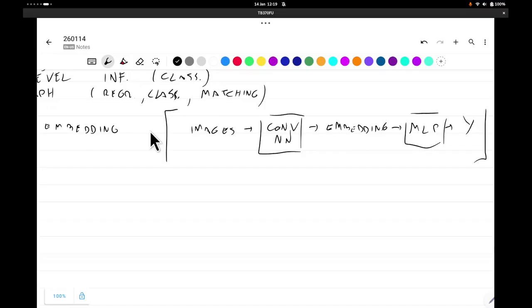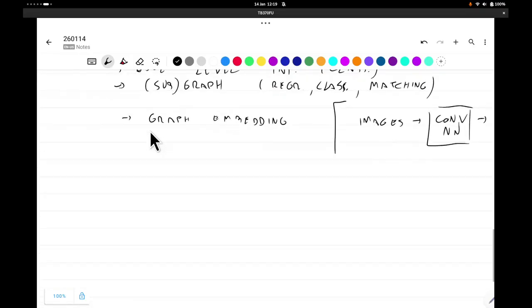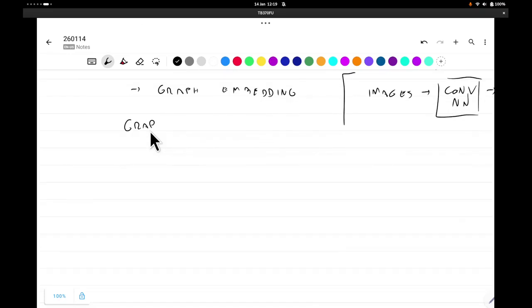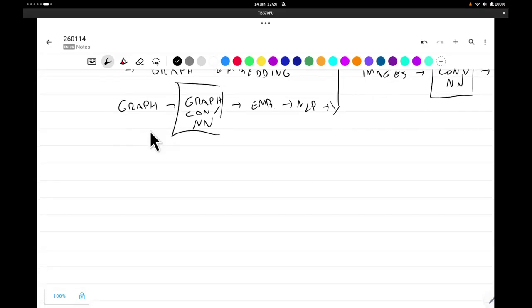So for graphs, we also have the same idea. We have the graph, then there will be some kind of graph convolution network, and then you have some embedding as an outcome of this, and this goes to an MLP, and then you make a prediction on the graph. So the point is that we want to design an architecture that could take essentially any graph on the left side and